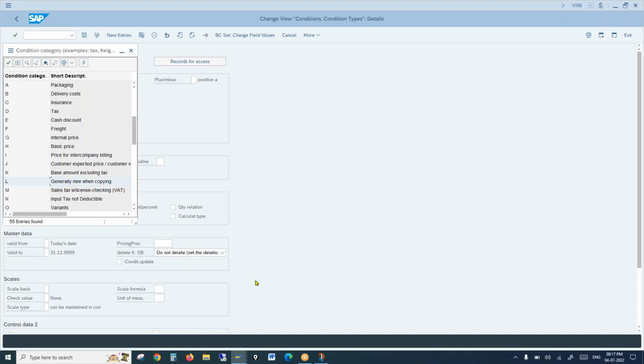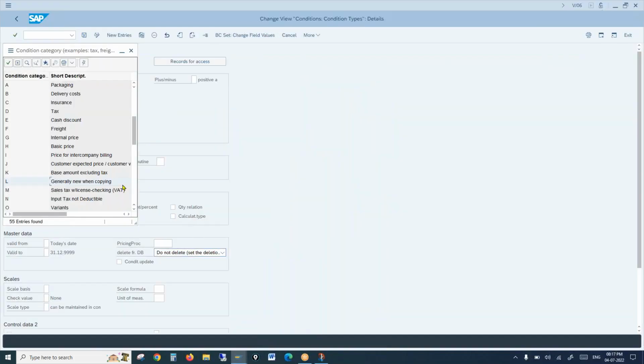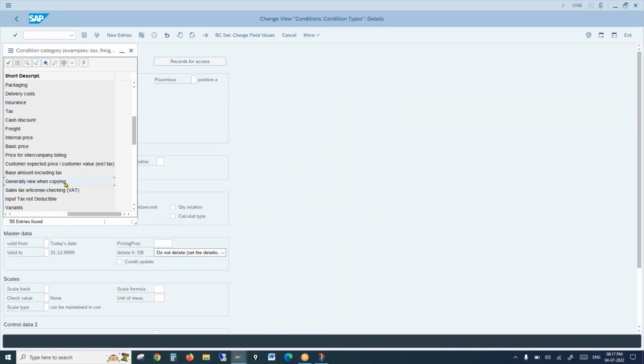That means when our system is copying price from one document to another document and finds a new condition record, then the system has to copy it into the subsequent document, right? So condition category L, generally new when copying. That's how we could copy this particular new condition record into an already existing order,